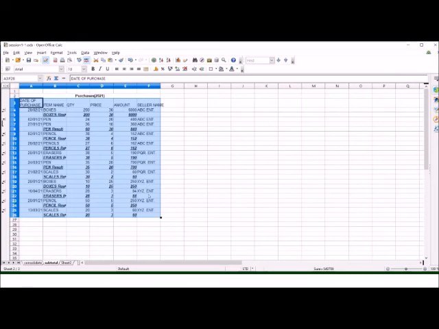Then from XYZ Enterprises. So here we can see the data is grouped on two bases, first on the basis of seller and then on the basis of item name. So the data can be grouped on more than one basis also. So this is the purpose of subtotal.